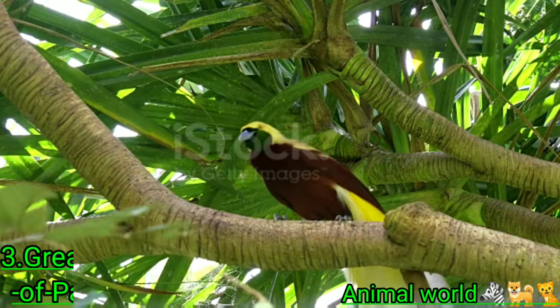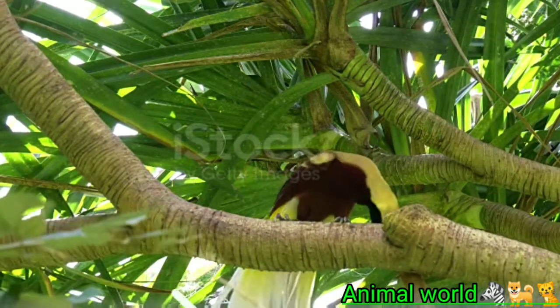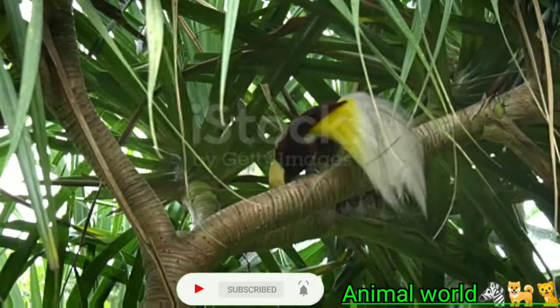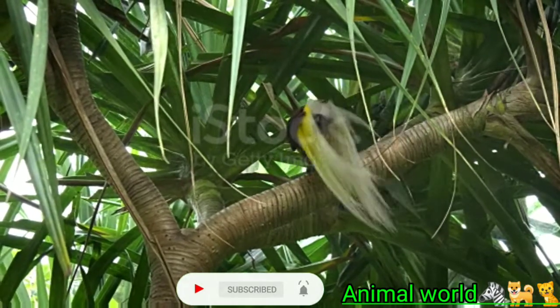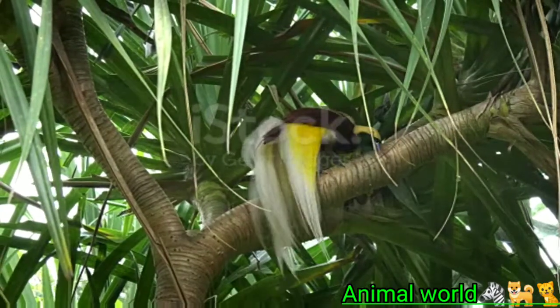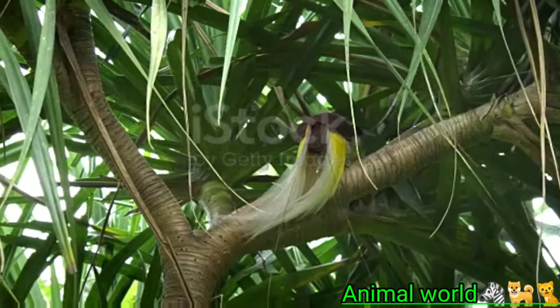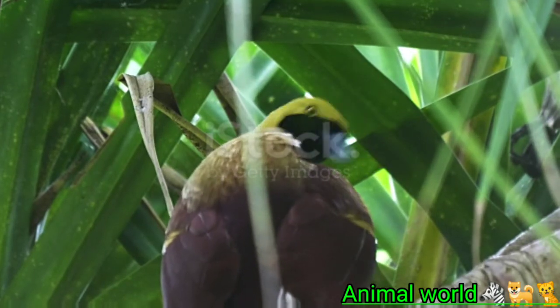So many species of bird of paradise are all about the fancy feathers. Not to be outdone by anyone is the greater bird of paradise. The thick, yellow tail is not actually tail feathers but rather flank plumes that are used in the bird's courtship ritual. When the male finds a suitable mate, he displays his wings dramatically. Found in southwest New Guinea and the Aru Islands of Indonesia, the greater bird of paradise feeds on a diet